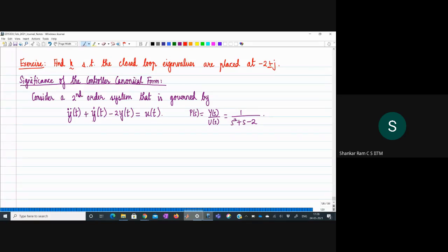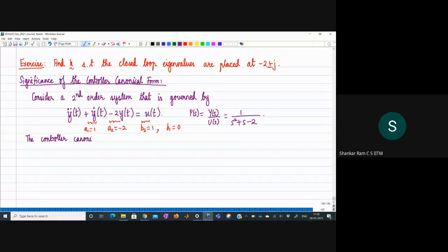So immediately, if we map it to what we learned as far as the controller canonical form, we can see that the coefficient A1 is 1. The coefficient A2 is minus 2. The coefficient of U is B2, which is 1. And we can see that B1 is 0, because there is no U dot term in this governing equation. So consequently, the controller canonical form